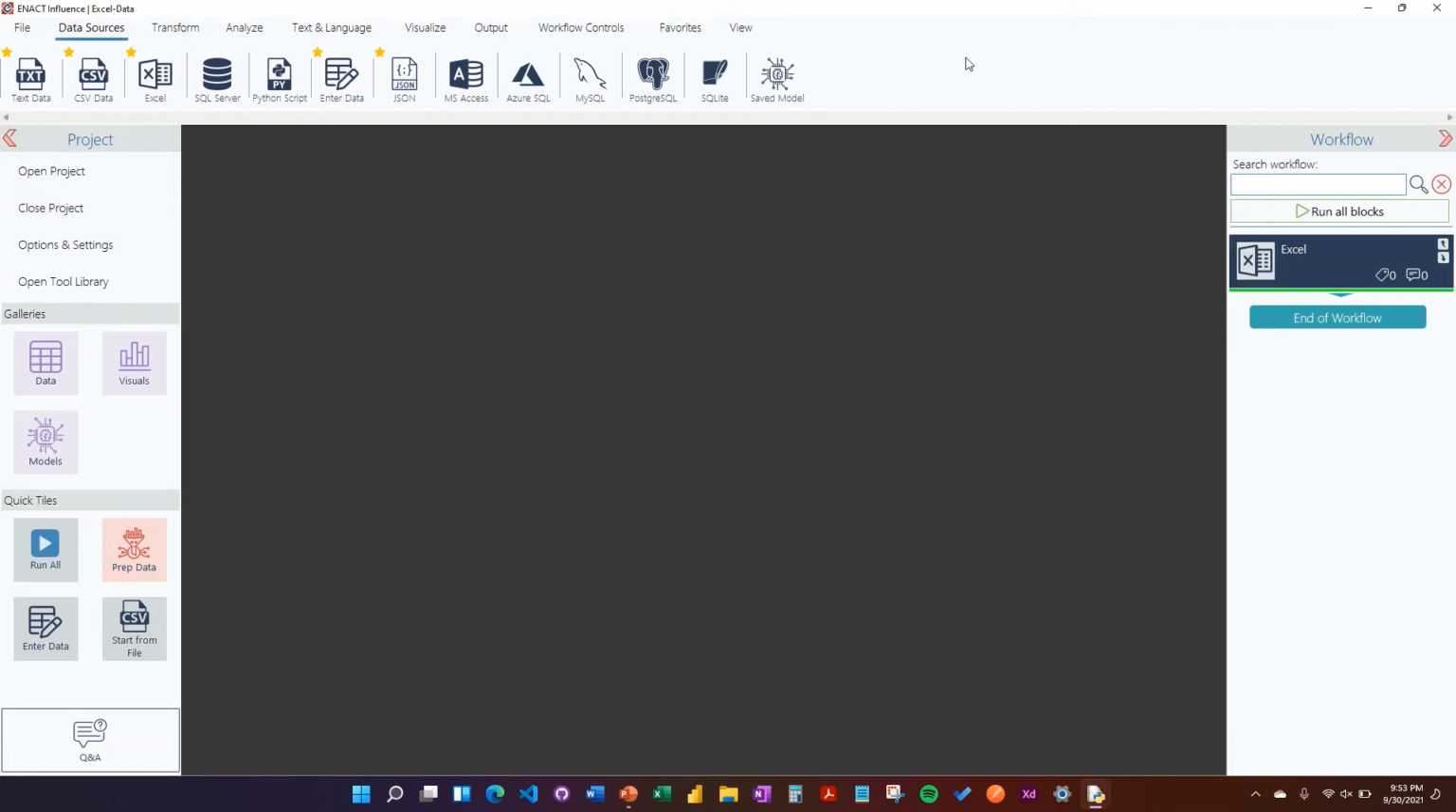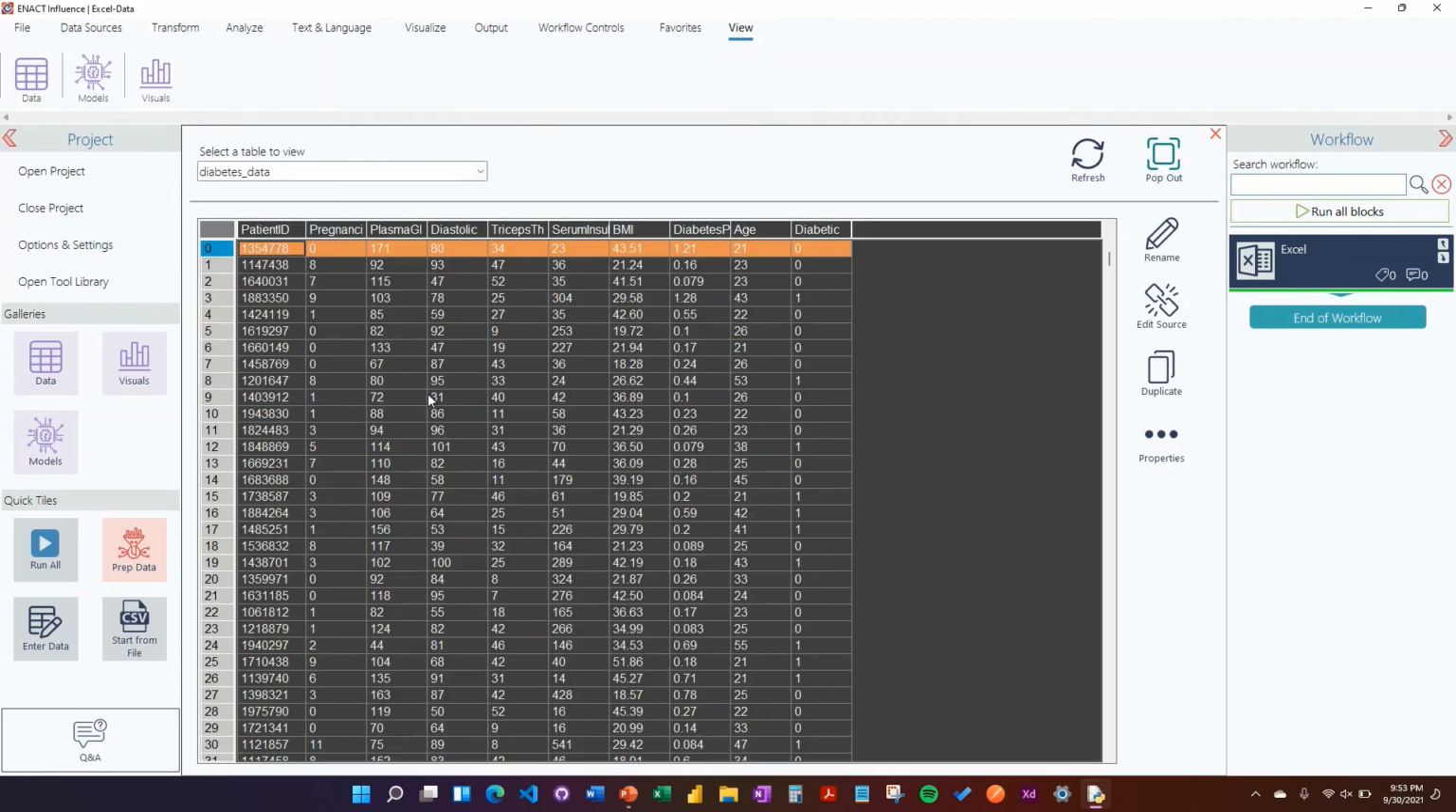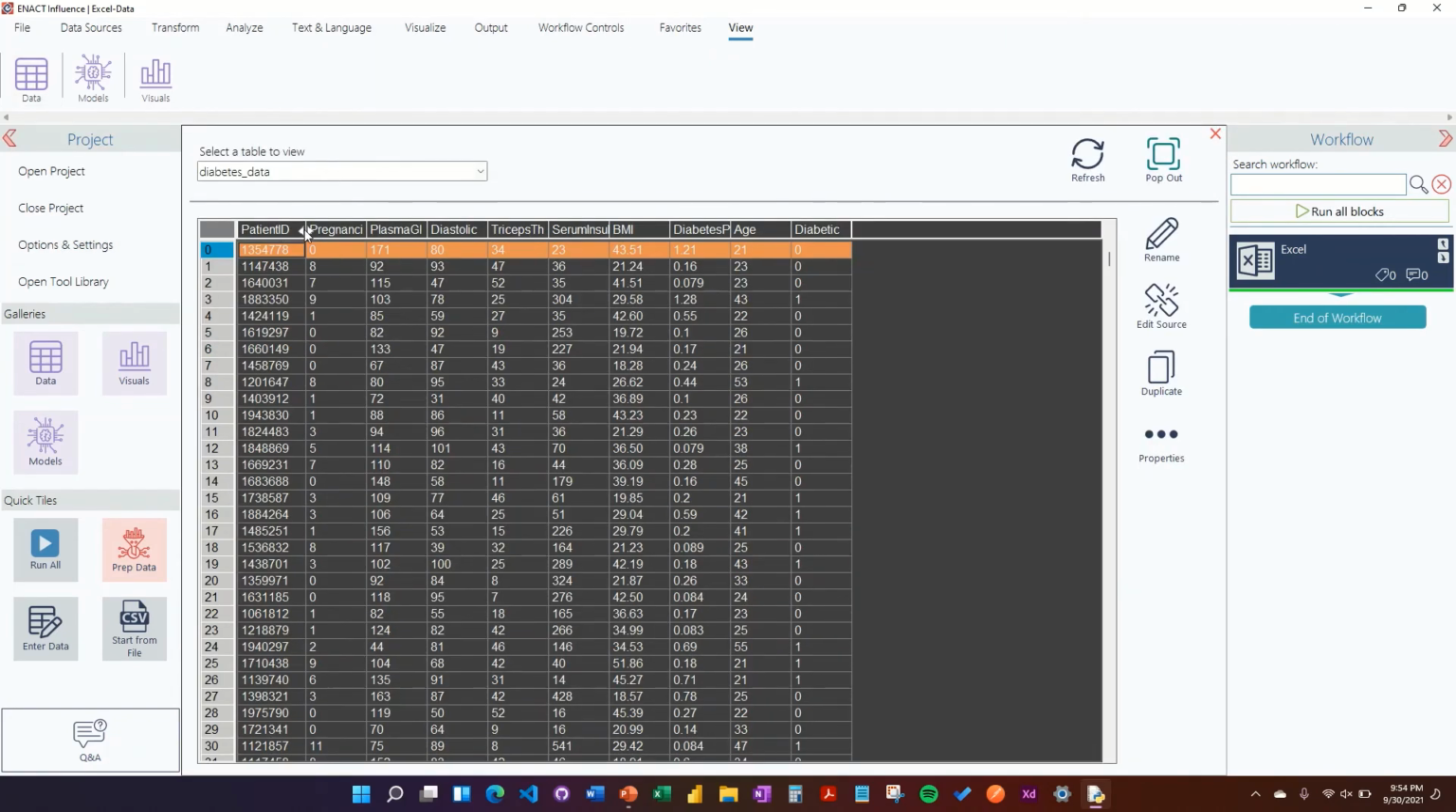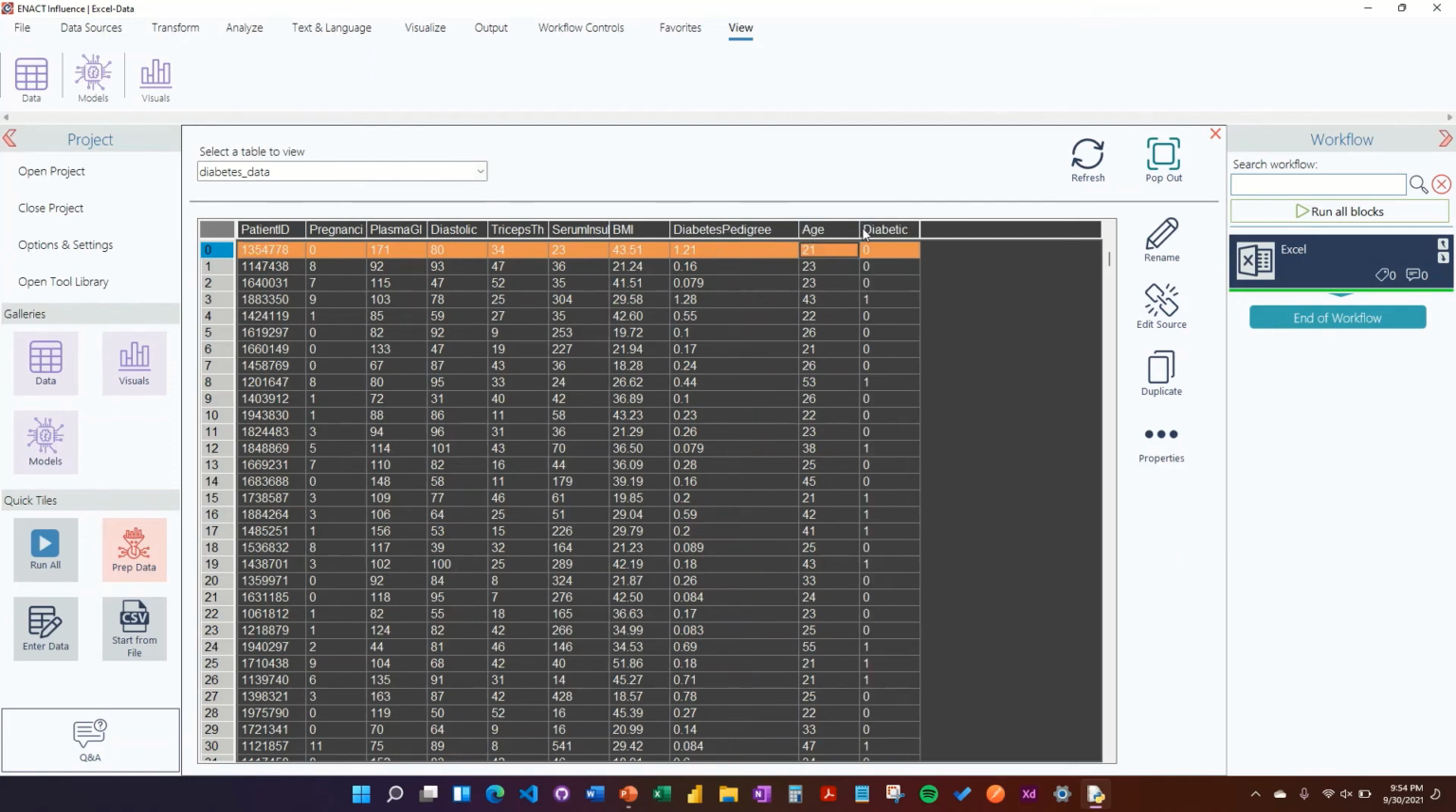Execute cell, and let's slide over and view our data. There we go. So it looks like we were able to successfully pull data from an Excel workbook into our